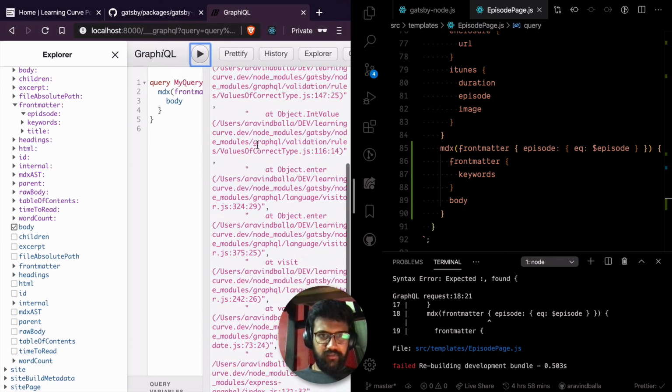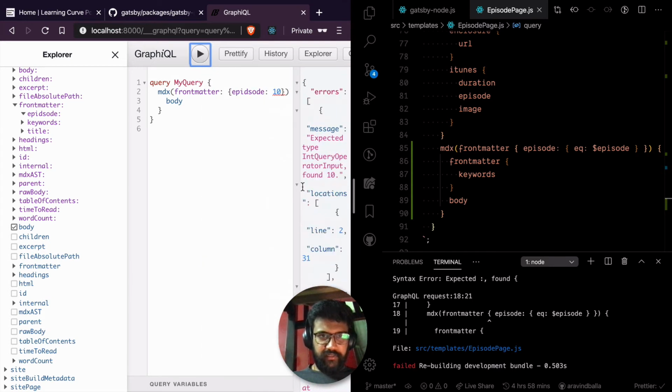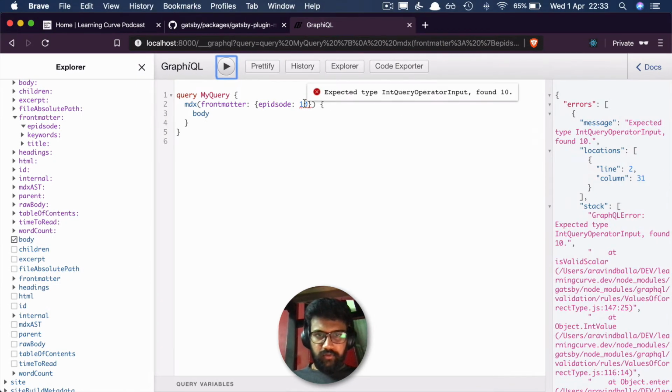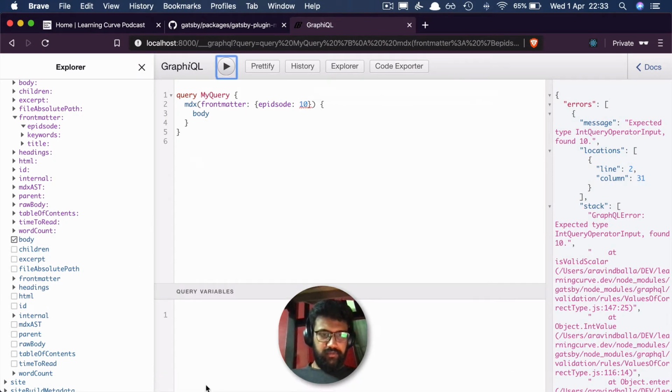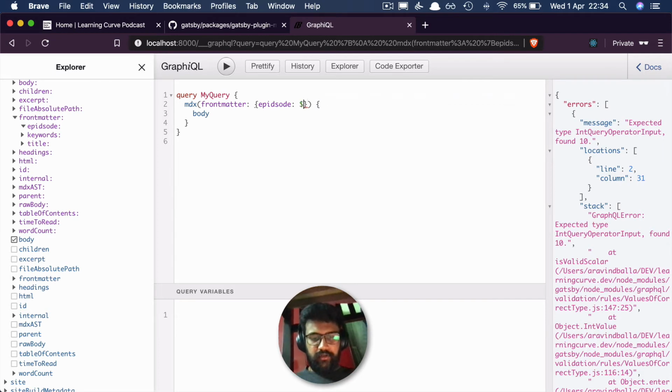There is an error. It says expected int, but... okay, so what's the issue? Int query operator, but okay. So let's add a query called episode 10, and we give this that episode.